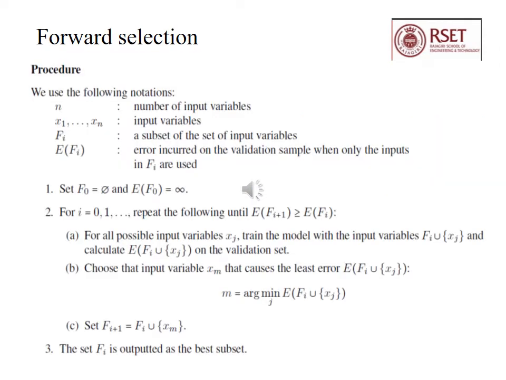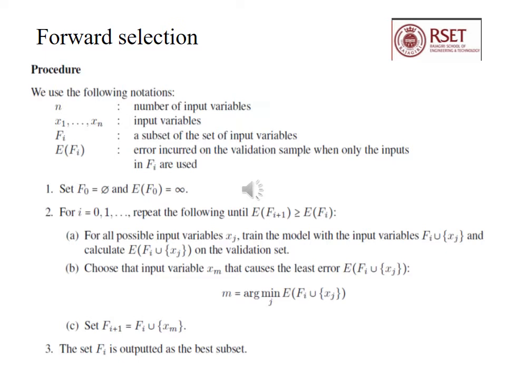So consider the algorithm for forward selection. We use the following notation. N is the number of input variables, and x1, ..., xn are the input variables. The input variables, during classification and regression, are represented as features. Fi is a subset of the set of input variables, and E of Fi is the error incurred on the validation sample when only the inputs in Fi